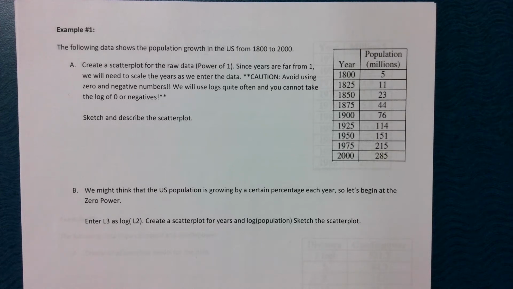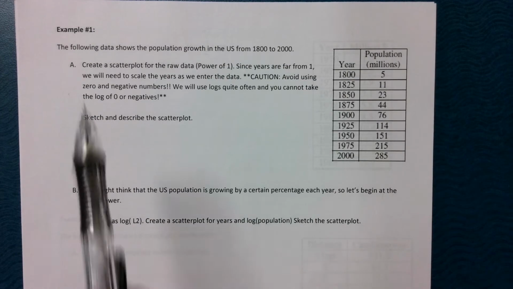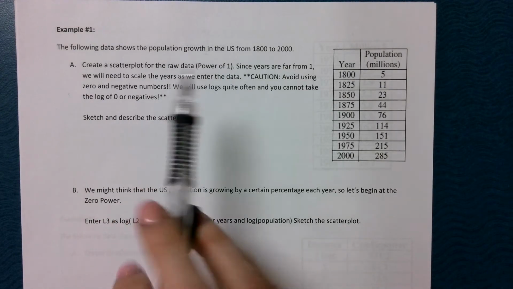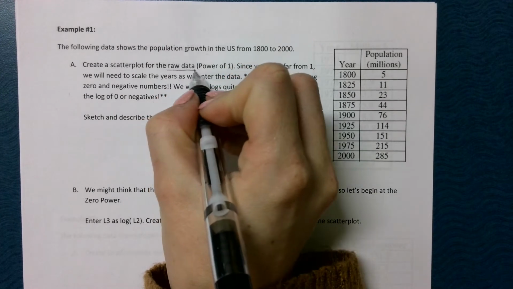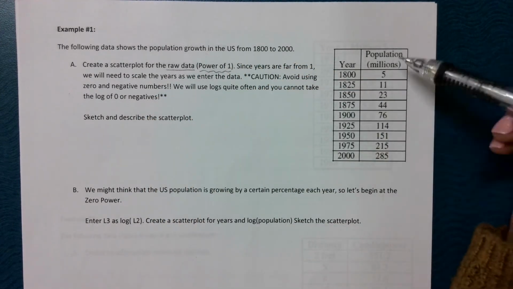In the next few examples, we are going to look at how we can use the ladder of powers to re-express data. So example 1 shows the population growth in the US from the year 1800 to 2000. We want to start with creating a scatter plot for the raw data. So raw data on our ladder is just the power of 1,